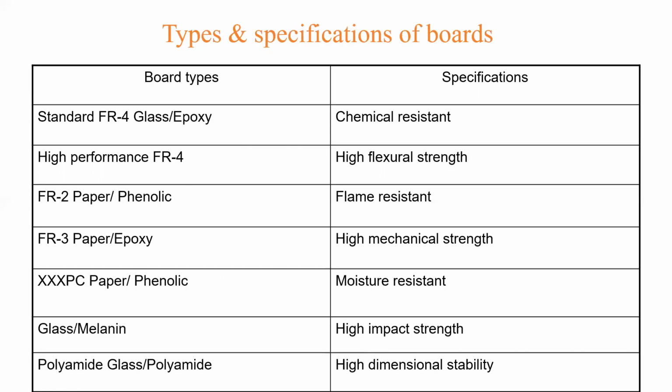So in this lecture, we have seen the PCB. Before that we have seen what is meant by SMT technology, through-hole technology, then PCB types, then different terms related to PCB, then advantages, disadvantages, the problems, single-sided PCB, double-sided PCB, multi-layer PCB.